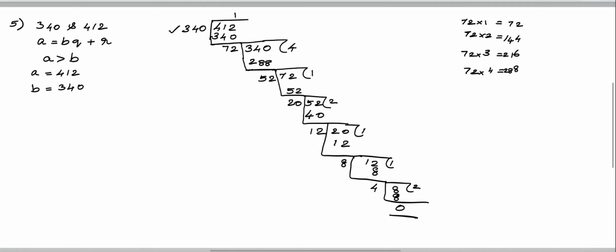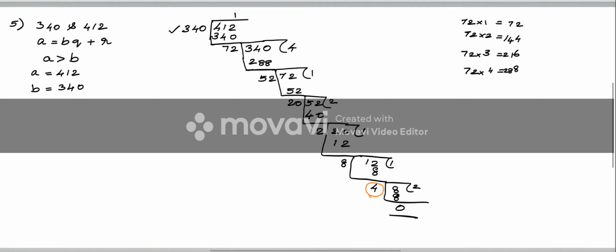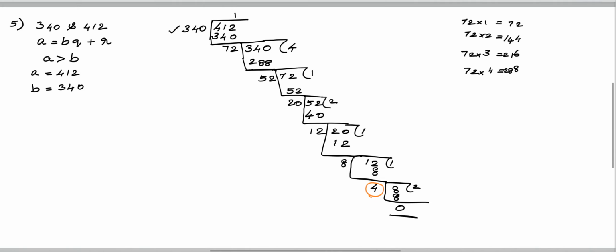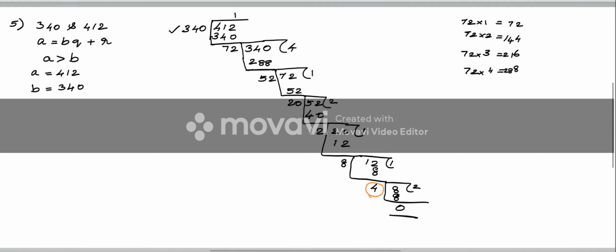Got it? To the end we are getting 0, and here what is your HCF? The last divisor. The last divisor, the 4. That will be your HCF. Yeah. And now this actually what I have done now is a rough work, but this can be done in your answer sheet itself. No problem. On seeing this, now we are going to write this Euclid division algorithm. Okay. So here, take the first one, this part, okay, this one. First, this one will be taking, and here, so what is your dividend?